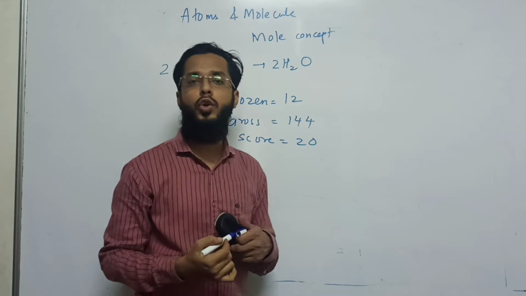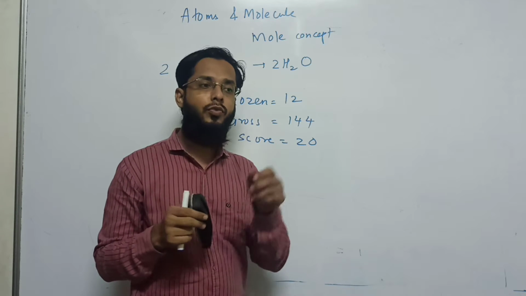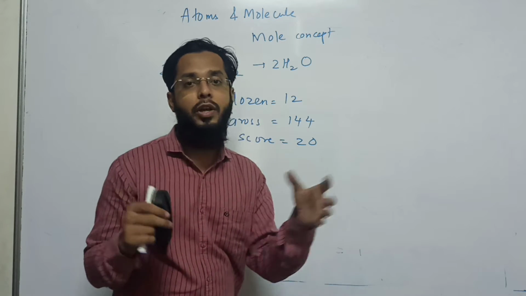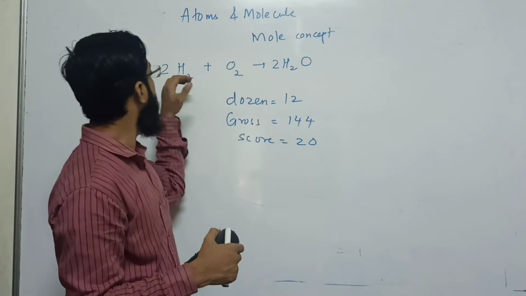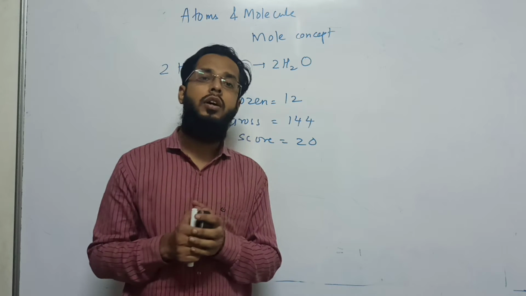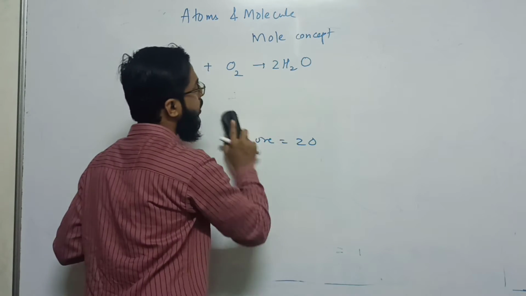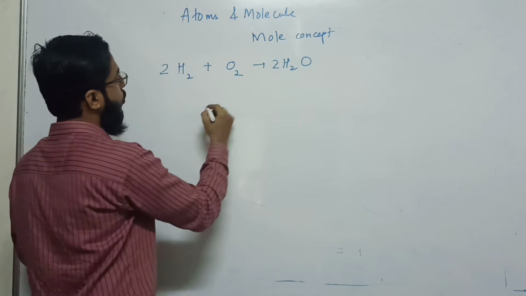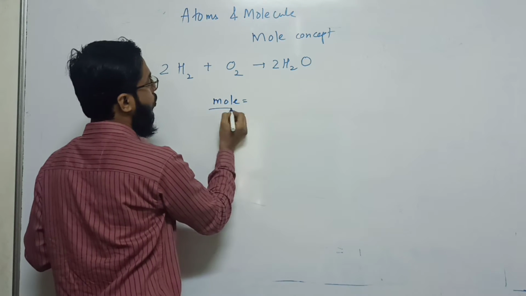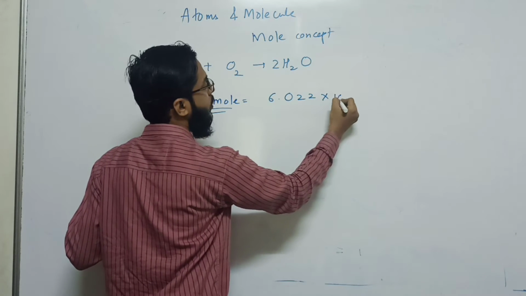For example, as I told you, we measure sugar crystals in terms of 1 kg. So we are not measuring a single particle because they are very small, so a big quantity is used. Same way, molecules are directly taking part in the chemical reaction, so we must come up with a number of molecules. So mole is actually a number, which is 6.022 into 10 raised to 23.